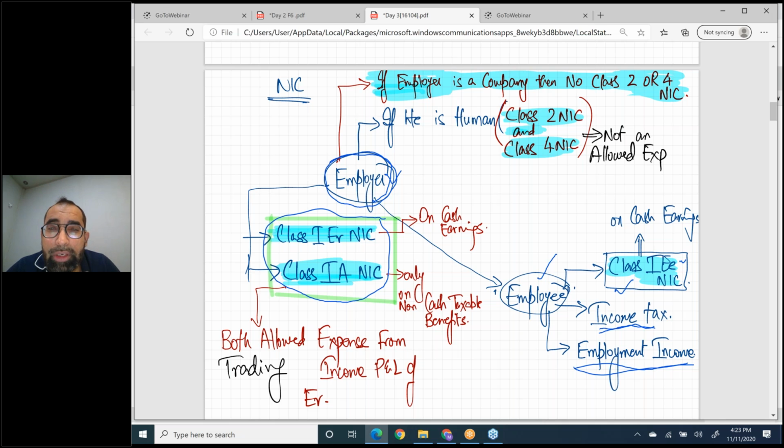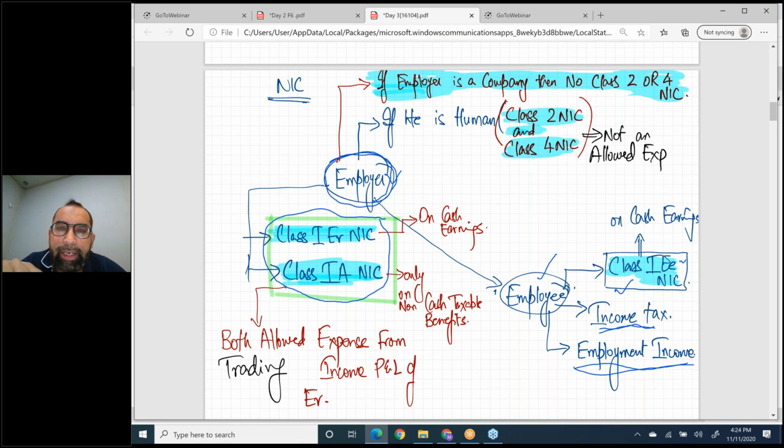One more thing, please open your eyes, be active, my dear student, please. One more thing, if you have an employee and you are not giving him non-cash benefits, then there is no need of class 1A NIC, then you only have to pay class 1 employer NIC. Okay. Now